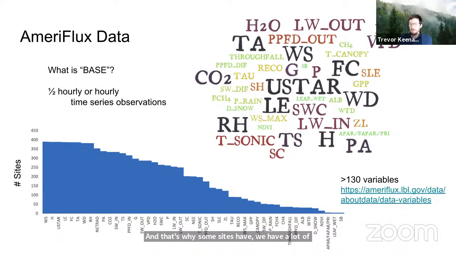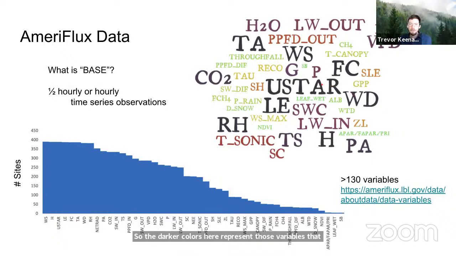And that's why for some sites we have a lot of some different types of measurements and very few of others. And this is in contrast to other networks such as NEON, where the actual measurements are mandated. And this is part of the historic nature of AmeriFlux, where it really is a site PI driven network, and PIs measure what they feel is most important, or what they have funding or bandwidth to measure at a site. So the darker colors here represent those variables that are most commonly measured.